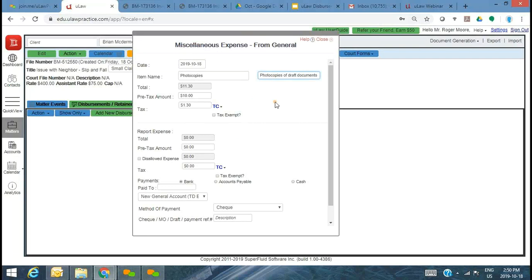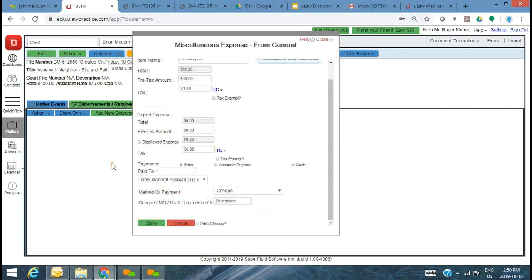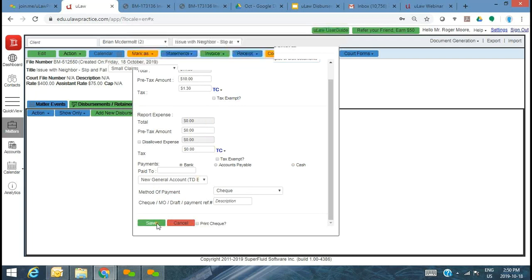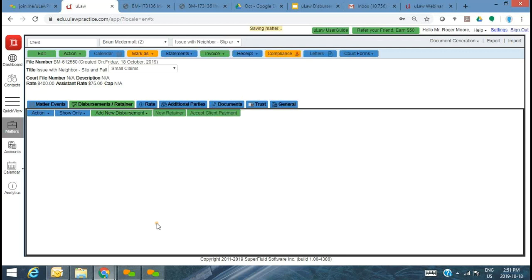Now, the top part is, of course, disbursing the client. Now, as a business, you have either paid for this particular expense or you have incurred the expense. So, for example, if these photocopies were generated right out of your office using your photocopy machine, then there's really no expense that you paid for explicitly because it's all part of that office photocopying system. Then you don't have to report that as an expense. You can go ahead and just say $11.30 was the disbursement for that particular photocopy.